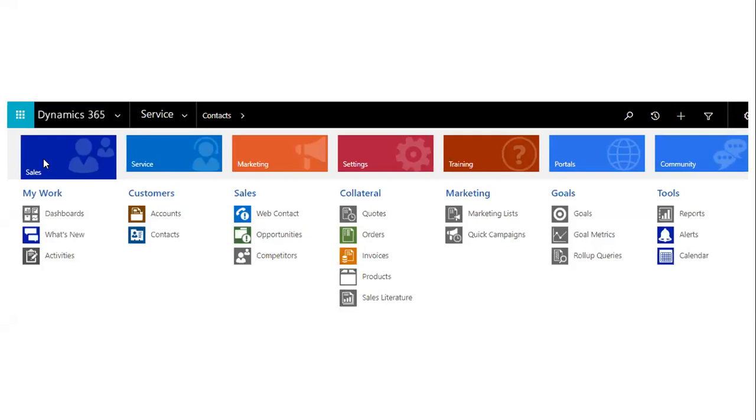So this week we're going to focus on accounts, contacts, customers, on the sales side, opportunities, and then quotes and orders and invoices and so forth. We'll do a little bit of marketing lists and quick campaigns. I'm actually going to do quick campaigns now, and then marketing lists, I'm going to focus on in the marketing app directly. Okay. So for tonight, we're going to focus on the main components of sales, and this is